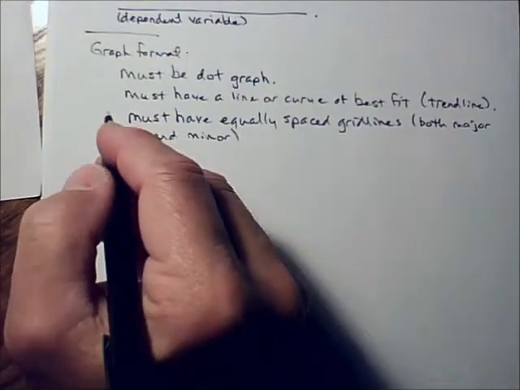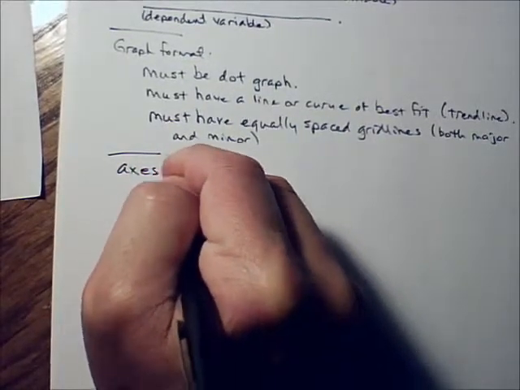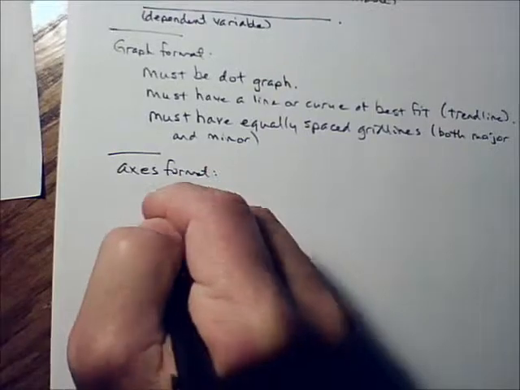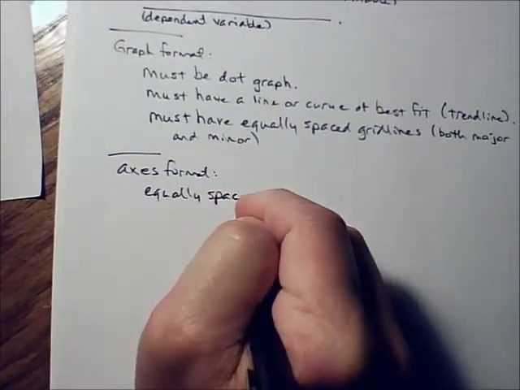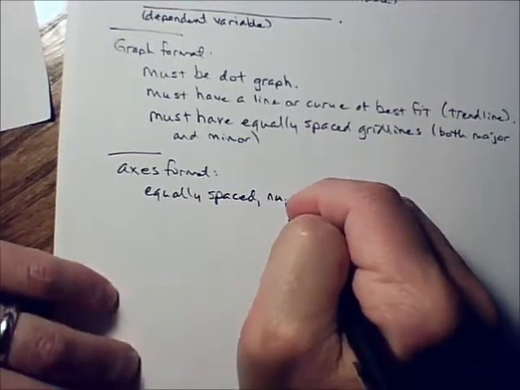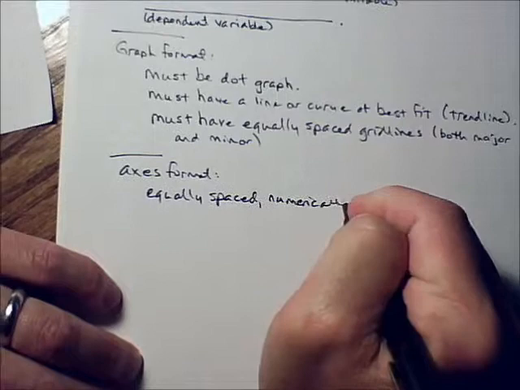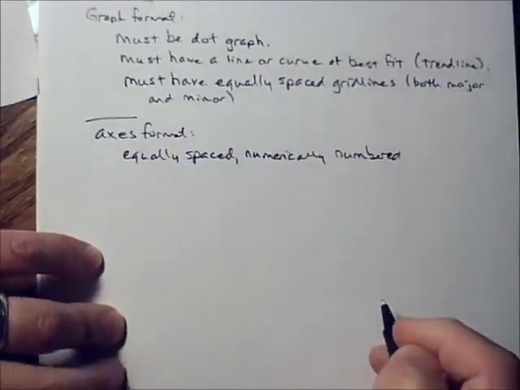Okay? Equally spaced, labeled number lines. Axes format. Equally spaced, numerically numbered,